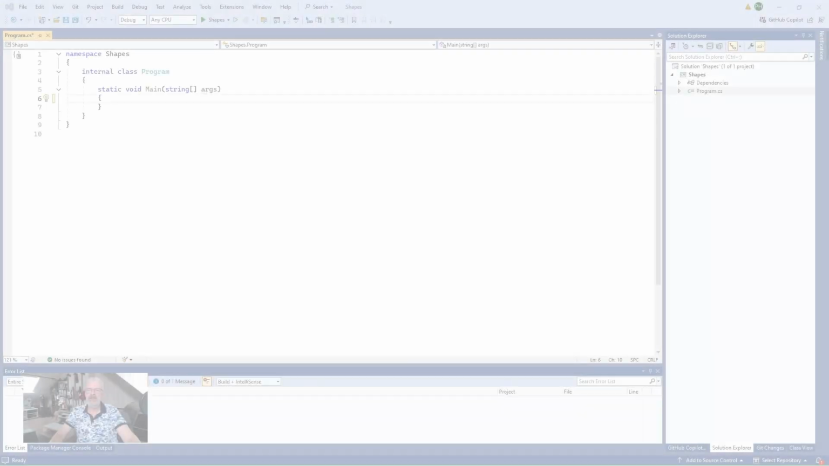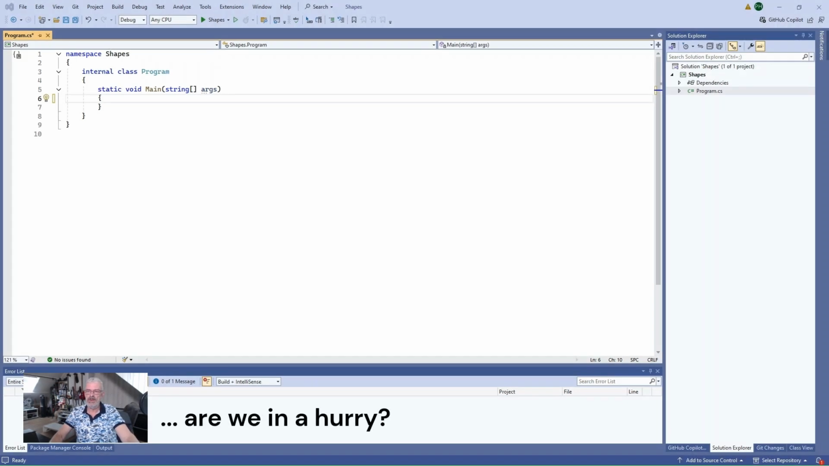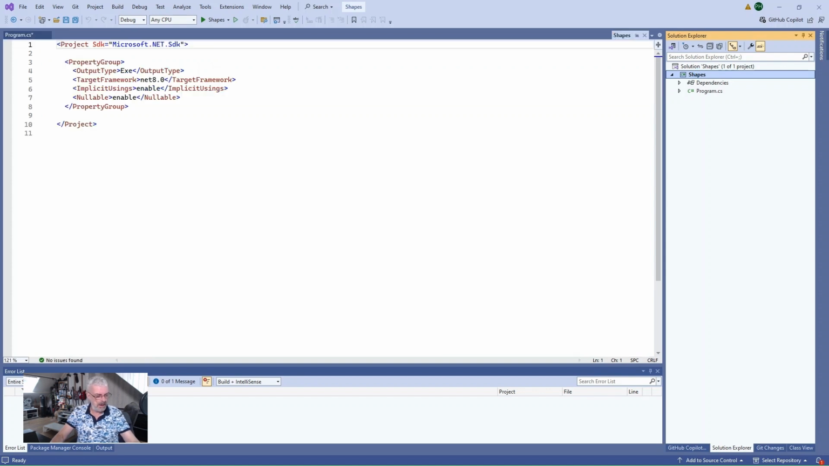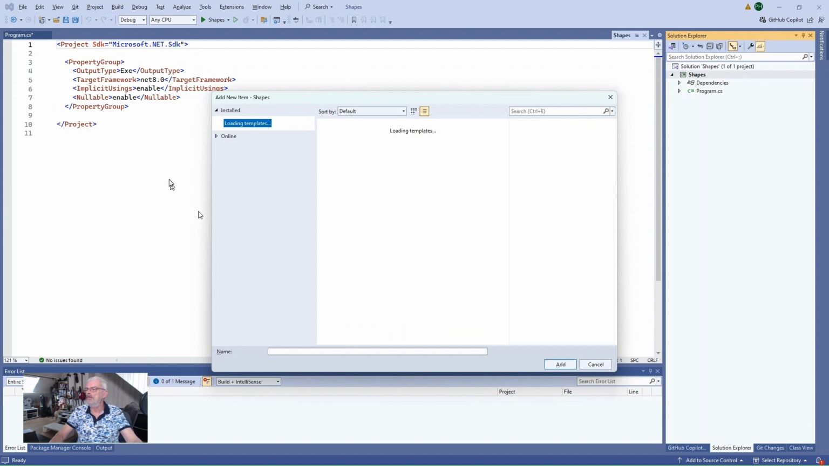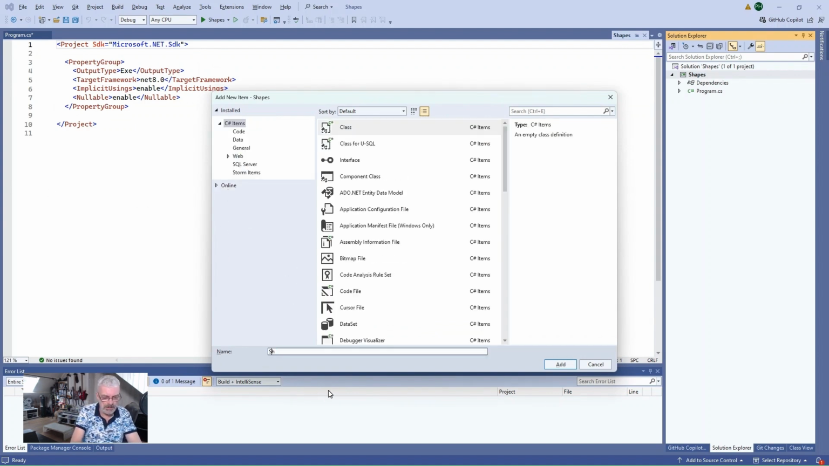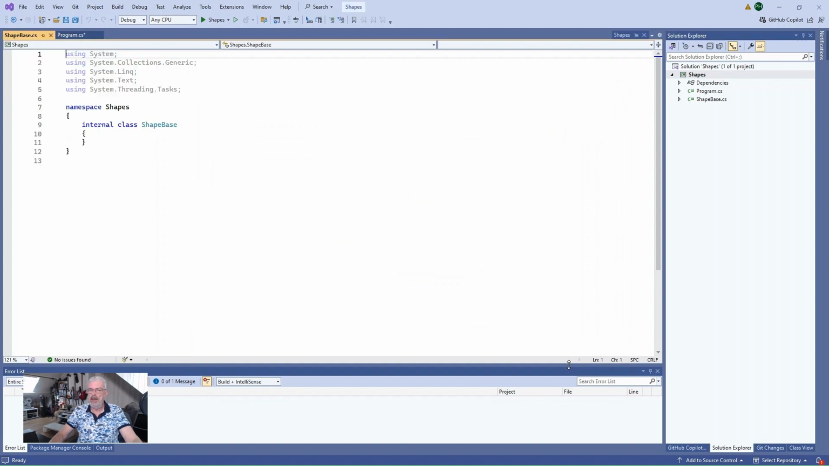So, what I want to do now is sit down together and see what I would do to make this assignment. So, let's go ahead. I already set up a solution with a console project so that we can get cracking. First, let's go here and add a class, which is going to be the base class. So we call that shape base, like so. And we are going to make this public,